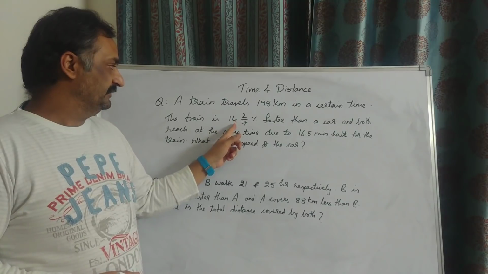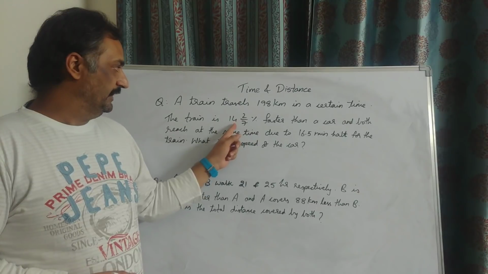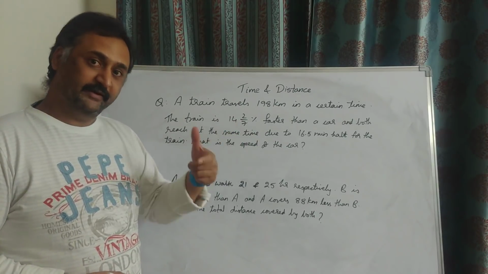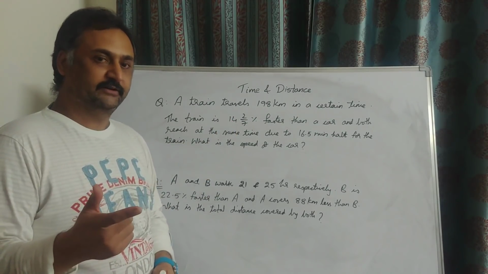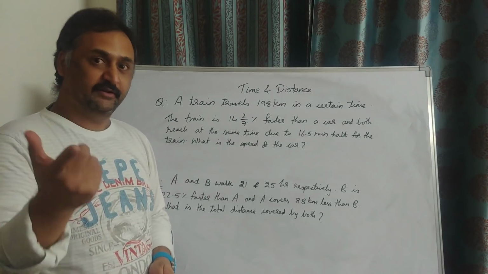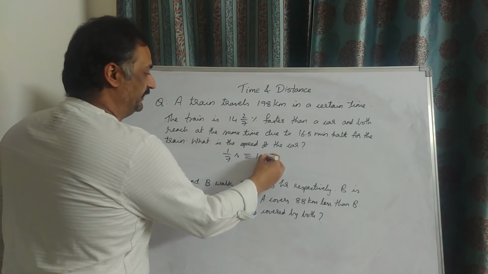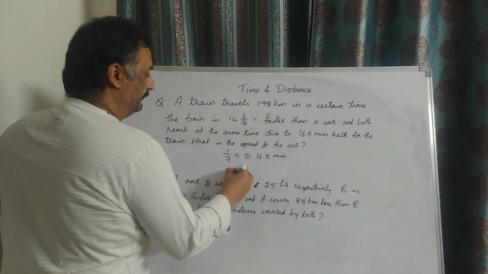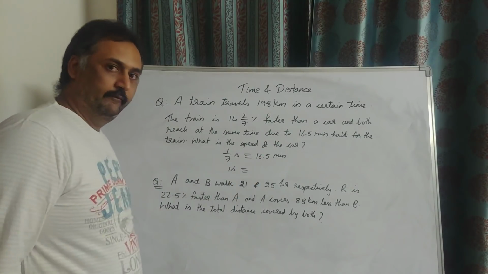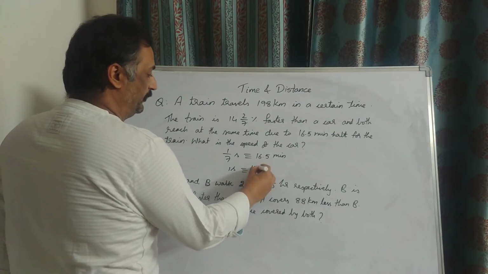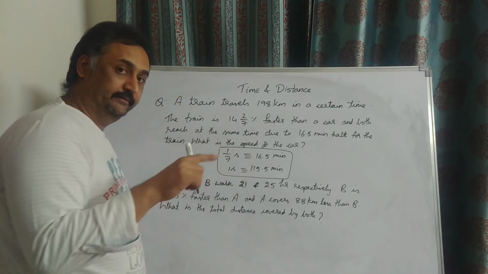So this extra speed of the train is covering up for its halt here. The extra speed given here is 1/7, since 14 2/7% is 1/7. So 1/7 extra speed of the train is covering up 16.5 minutes of halt for it. So with the total speed of the train, it now goes 16.5 into 7, 112 plus 3.5, 115.5 minutes. So this is the time for which the train is now actually traveling.